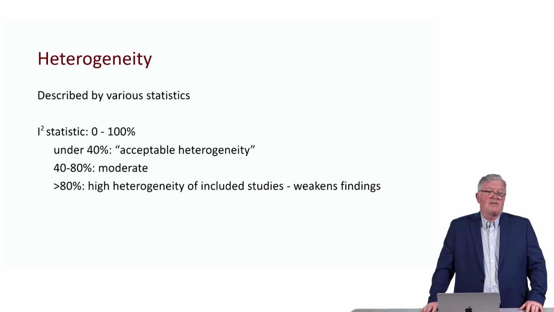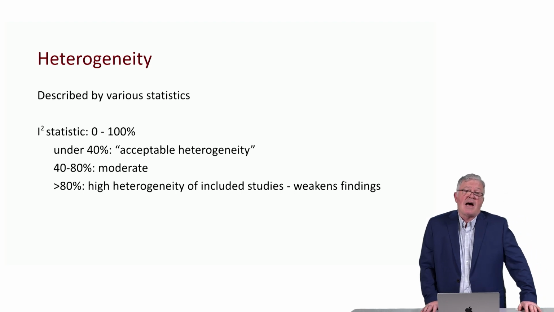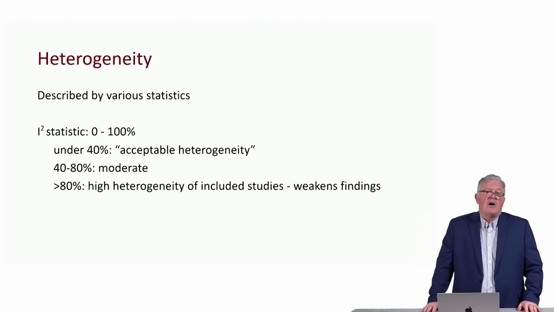And there are a number of statistics that can describe heterogeneity. One of the commonly used statistics is the I-squared statistic, which ranges between 0 and 100%, and is usually quoted in a forest plot in the bottom corner. It'll tell you what the I-squared statistic is. Generally speaking, and this is from the Cochrane handbook, under 40% is acceptable. 40 to 80% is moderate heterogeneity, and then over 80% is high, and starting to undermine the results that one can take away or the conclusions that one can take away if there's high levels of heterogeneity